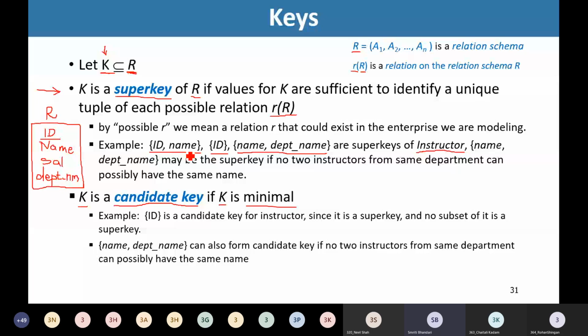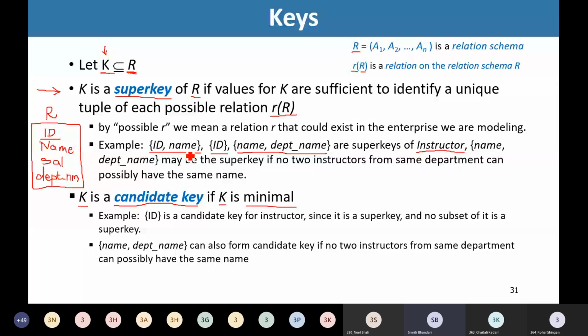Okay. So, have you understood the concept of super key? Yes, ma'am. Fine. Now, we have the super keys identified for the relation. Now, we are talking about the candidate key. So, out of all those super keys, we are now identifying which is the candidate key. And what we mentioned is that a candidate key is a minimal super key.